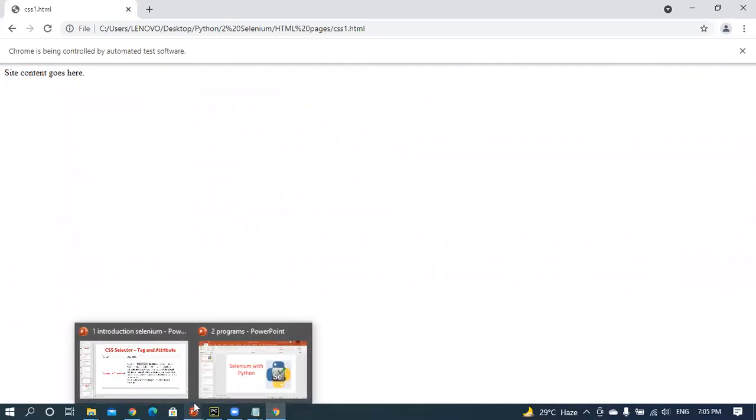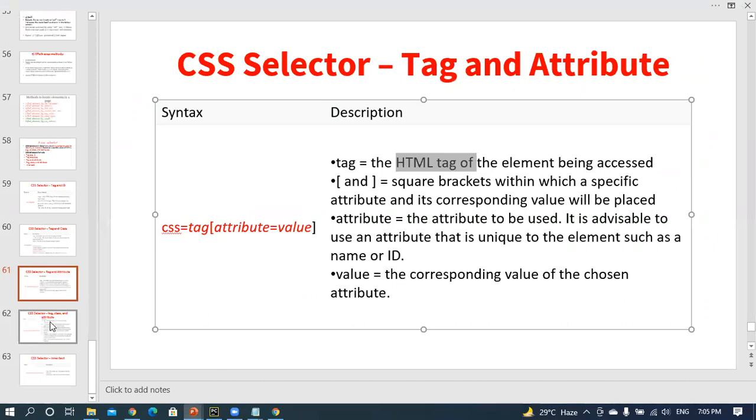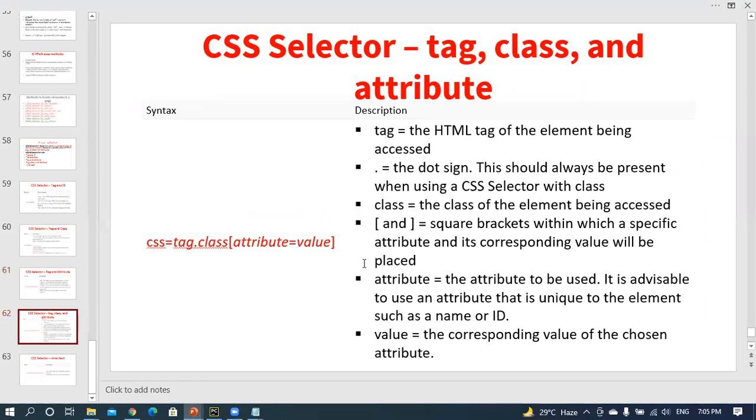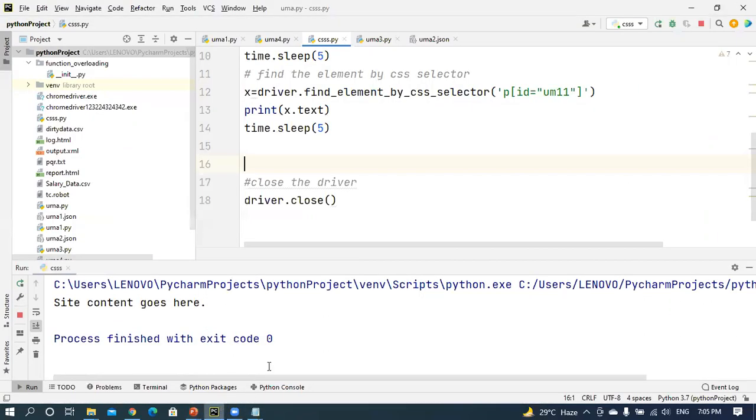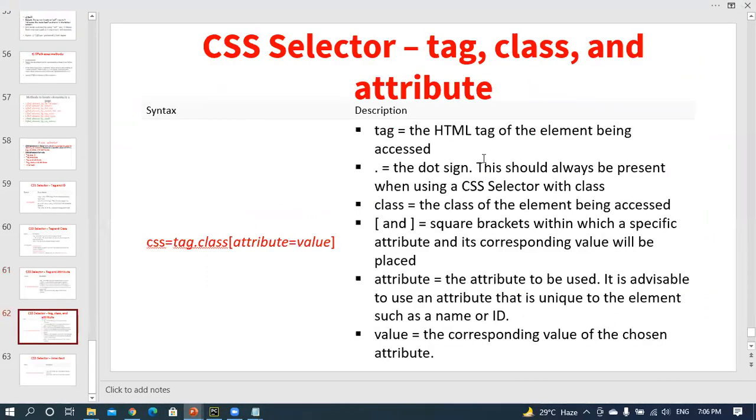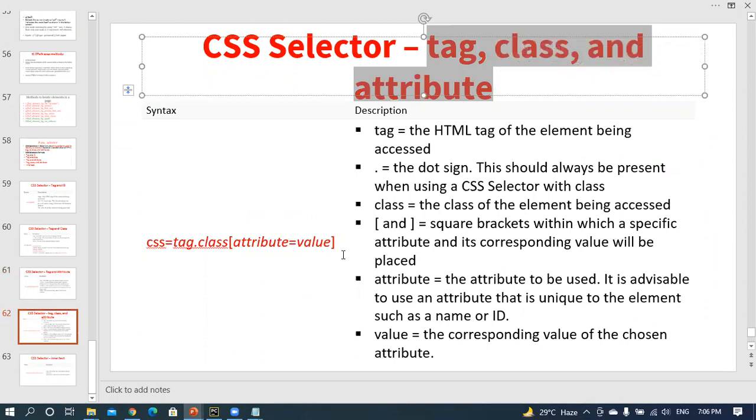We have other ways also available. Here, what are the other ways? For example, this is another way. Tag name, class name, and then attribute. You may use the tag name, class name, and then attribute. All together, you can use it. Here, after that, you will execute this one. That means next, I am using the tag name, class name, and then attribute. Three at a time. You will use three elements.